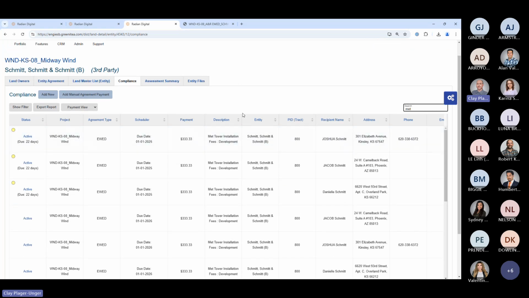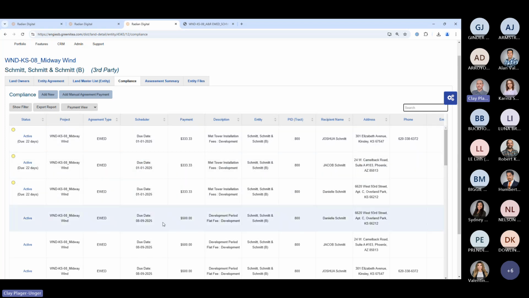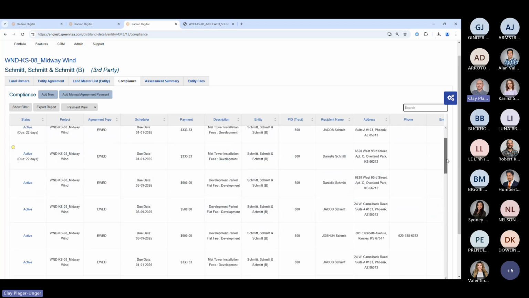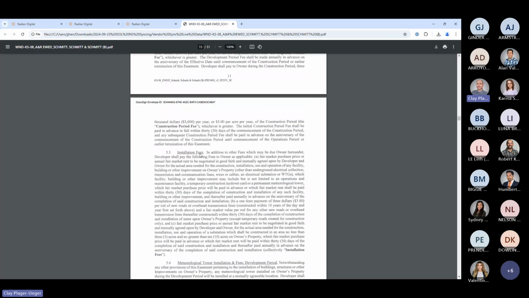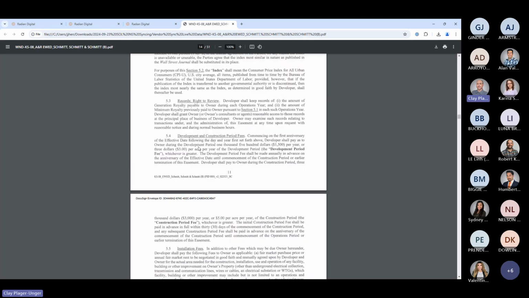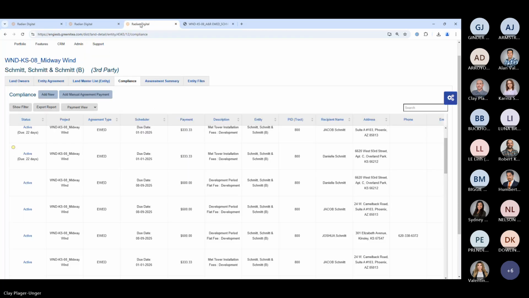And so let's see what other payments. And then there's a development period fee. It's also being split equally between the landowners. And it looks like the flat fee is $1,500 split 3 ways. And so we could double check that in the agreement if we needed to, as well as development, $1,500 per year, or $3 an acre, whichever is greater. Okay,